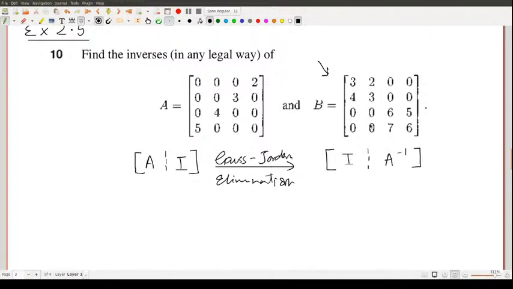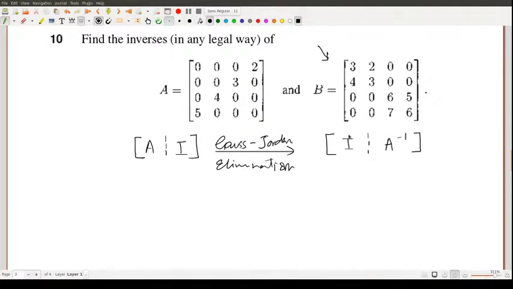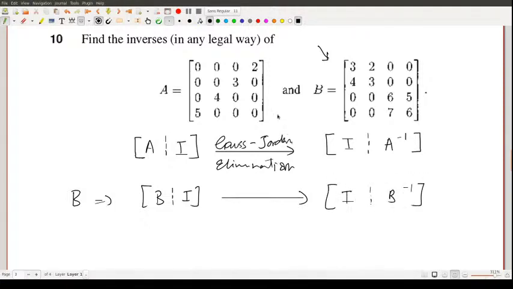But in this one, it won't be as straightforward because each row has two entries, and that's going to mess up your computations. It's not going to be that complicated, but there's another approach that you can take, right? For B, you can also just take B, augment it with I, do Gauss-Jordan elimination, and get I, B inverse. However, the other approach that you can take is to partition this matrix along